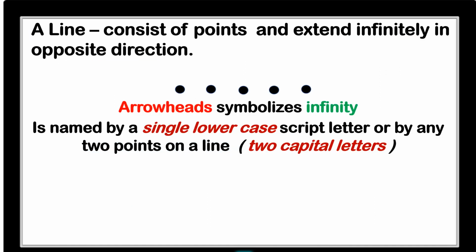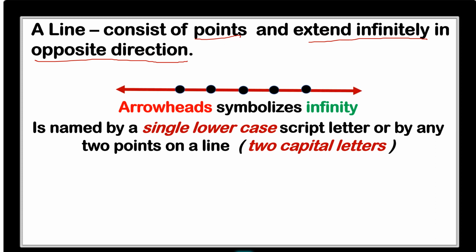What is a line? In geometry, it is an undefined term. It consists of points and extends infinitely in opposite directions. Let's consider this as an example of a line. According to the definition, it extends infinitely in opposite directions. So if we represent this as we have now, the line extends in both directions, that is to the left or to the right. The arrowheads,